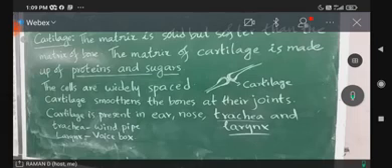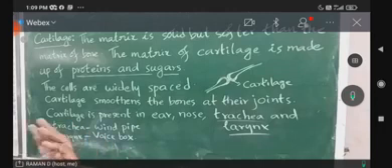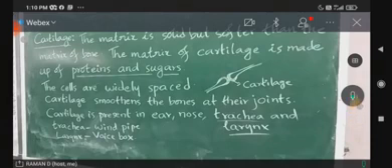Ear and nose also: they receive sound vibrations, and the nose receives air. Air goes through the nose and comes out through the nose. It has to bear the pressure of the air and withstand it, but it must allow the air to pass through. Mechanical flexibility is needed, so it is made up of cartilage. To receive sound vibrations, ear lobes are made up of cartilage. So wherever mechanical flexibility or a smoothening function is required, there cartilage is present.